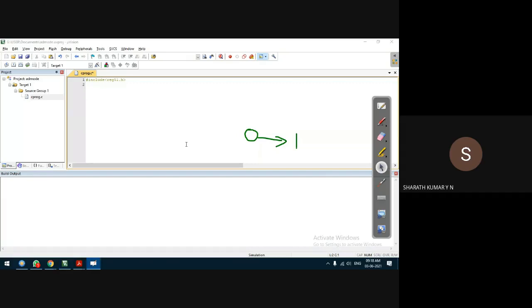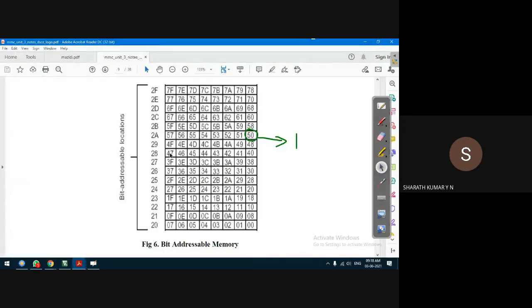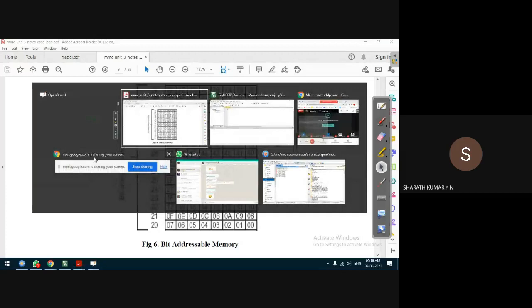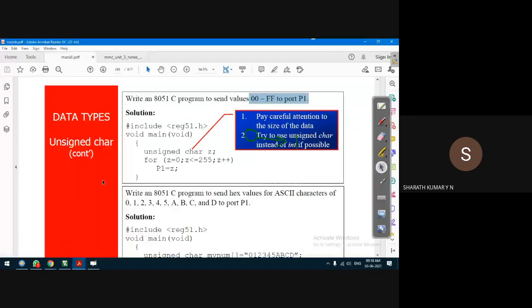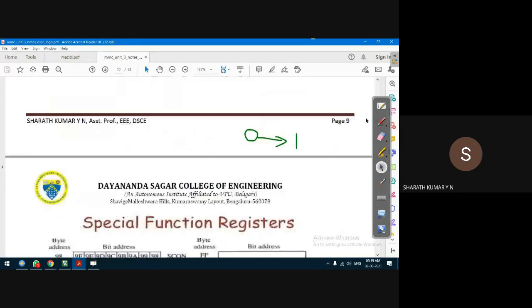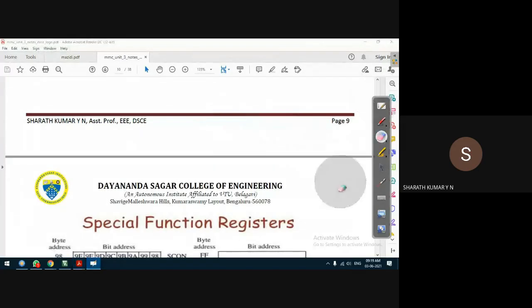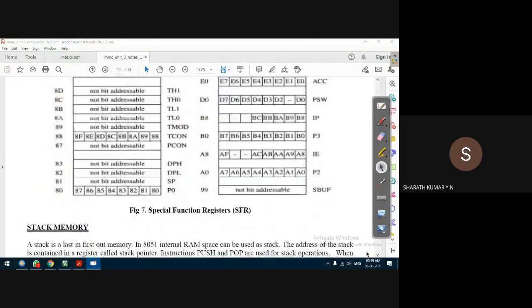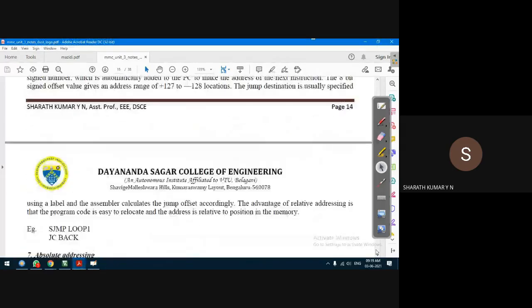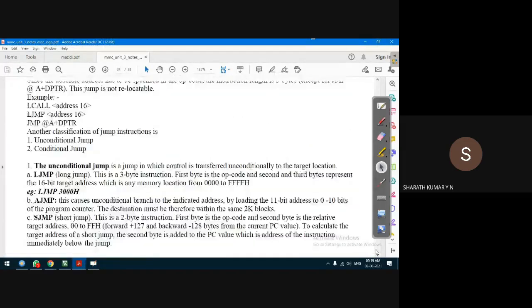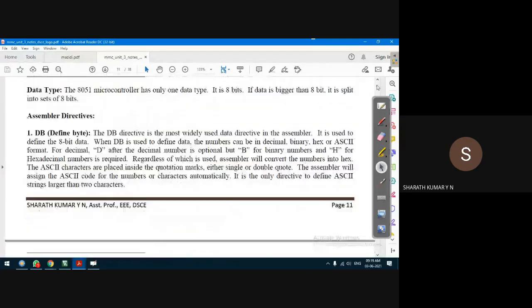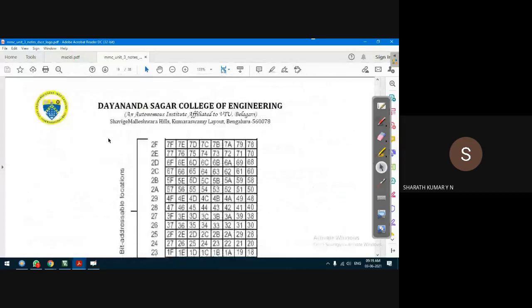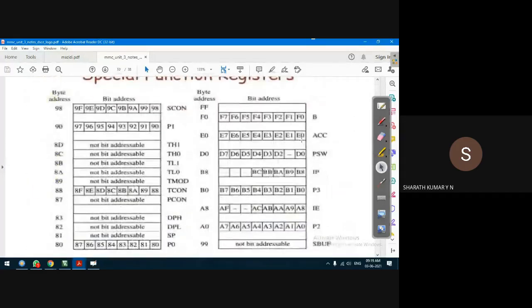So what is this address, guys? This address is 50h. First we have to define 50h, or any random location for that matter. Okay, not 50h. I'll take the accumulator bit, not the 50h. You can do the 50h also, but I want to show the accumulator. I want to show the header file role here.